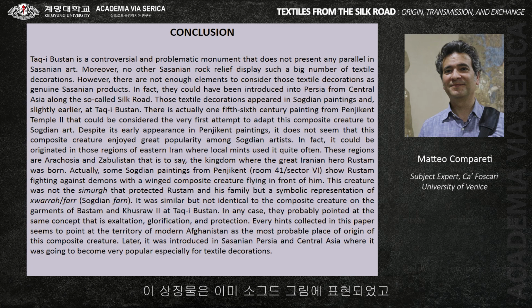This symbol of glorification was already present in Sogdian paintings, on Sogdian countermarks, on Hunnish or Turkish coins from modern Afghanistan, and from there it arrived in Persia. Then it became extremely popular everywhere, at least until the 12th century. So what we have to do with Sasanian art is to be very careful, and especially be very careful when we identify some motifs, especially used on textiles,